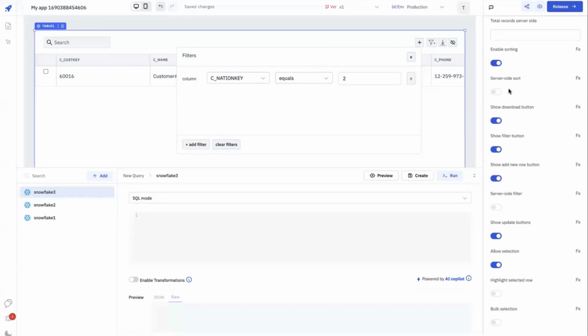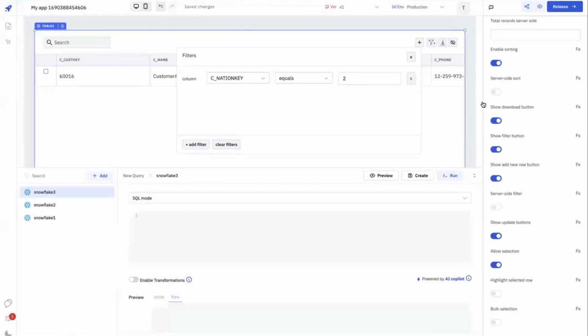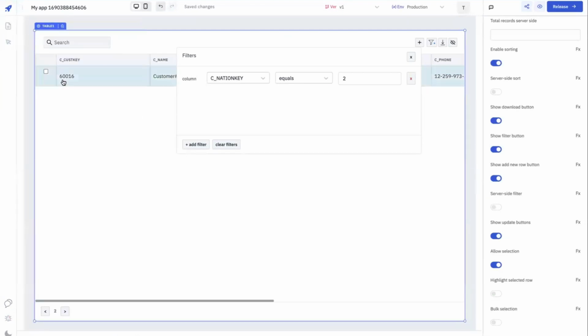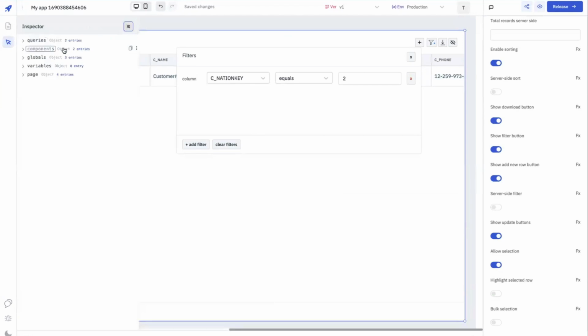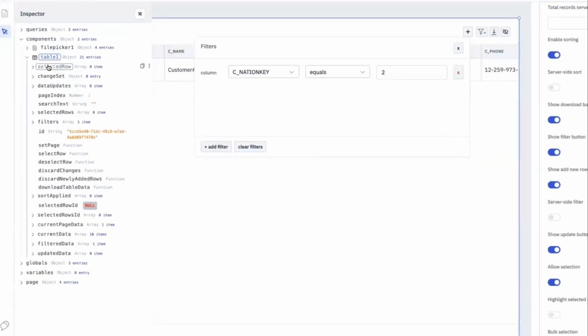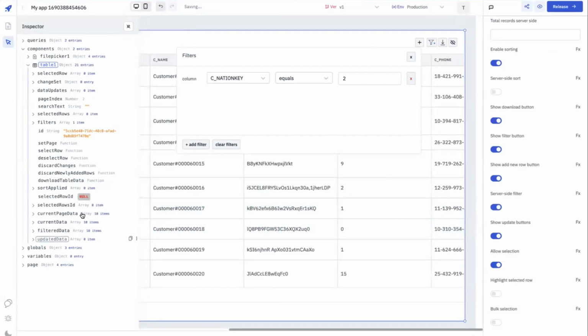And even if you notice, there is also the sort option. So here there is a sort, and you need to toggle this before you use it. The reason is you can quickly understand if I just show you this. Let me drop this. And now if you go and pin this and then open the components and the table, the number of attributes that you see here are currently limited to these things. But the moment I toggle this server side filter, you should be able to see some new things got added